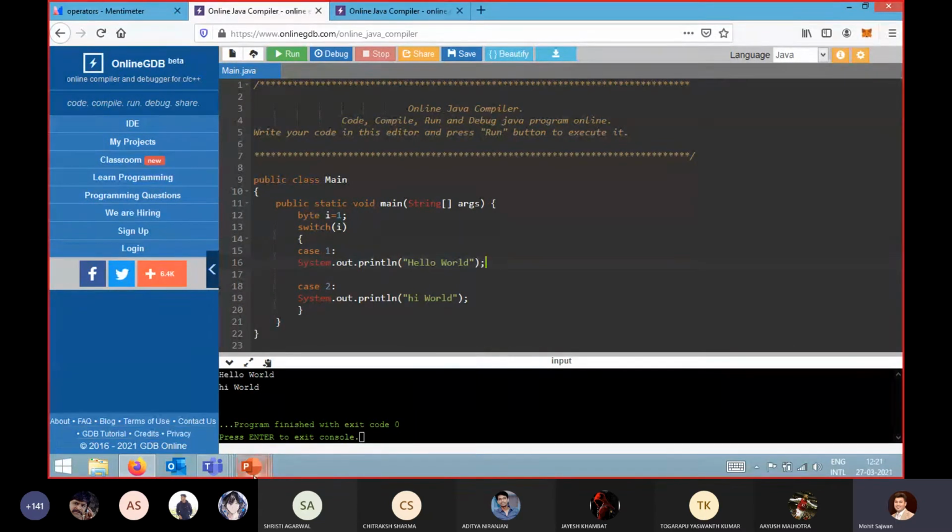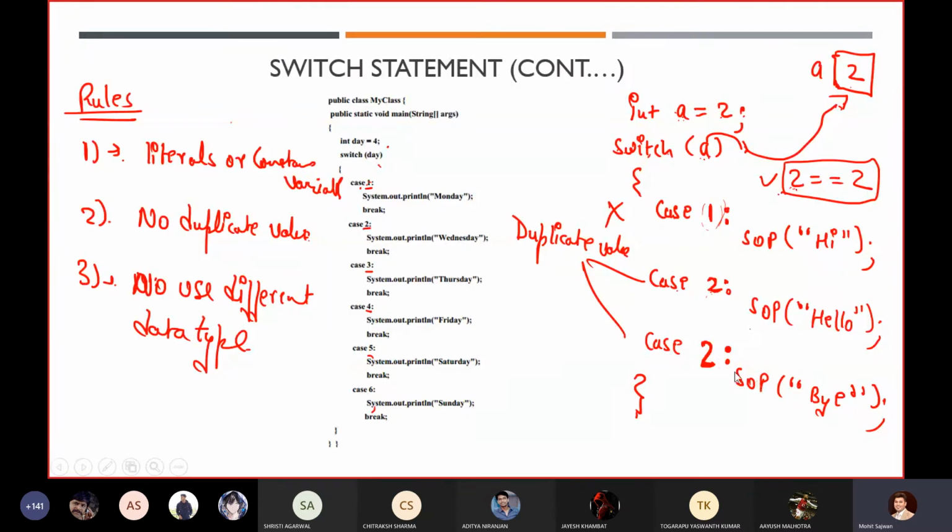That's why one student asked me in the last class, and I told him that it will execute only this case. No, it executes only if you have used a break statement. If you haven't used a break statement and it is satisfying your case 2, then it will execute this case as well as the following cases. Suppose we have case 4 over here, then it will execute case 4 too.